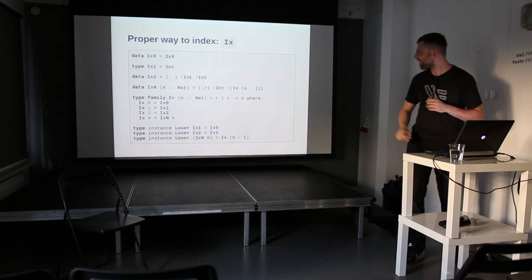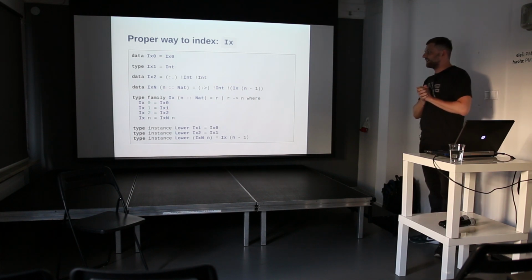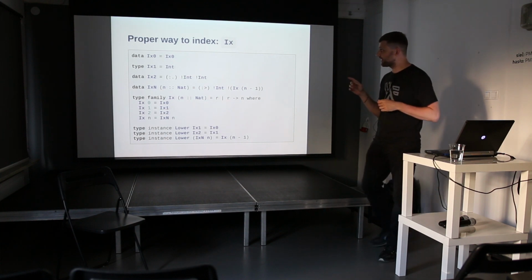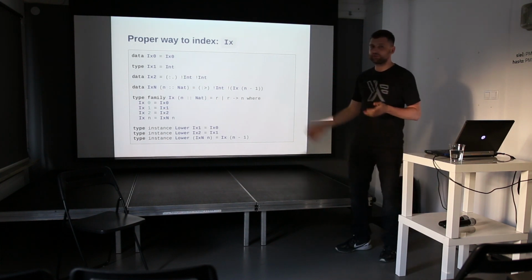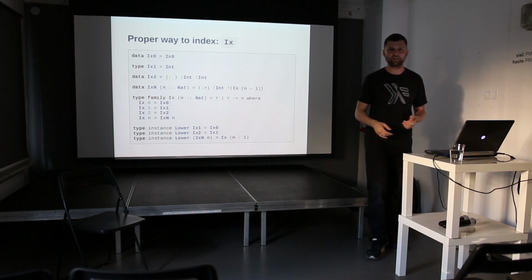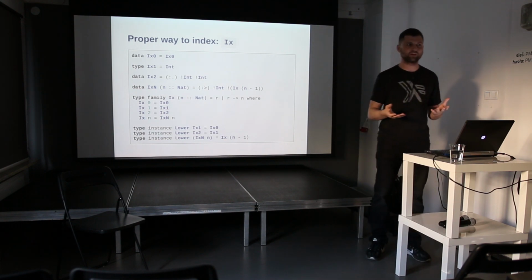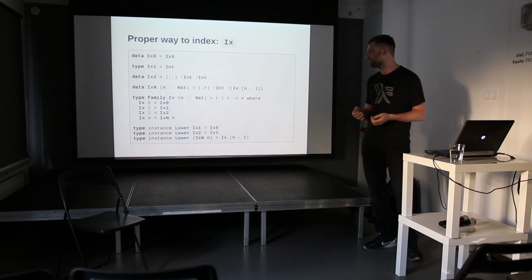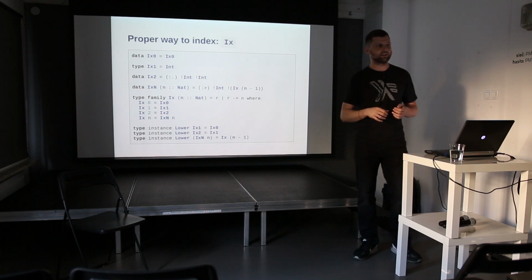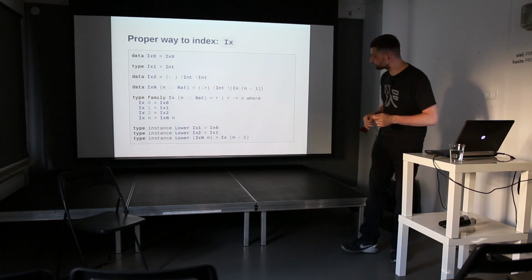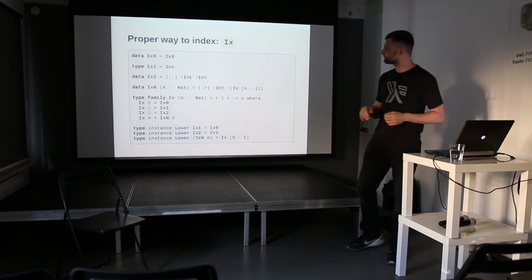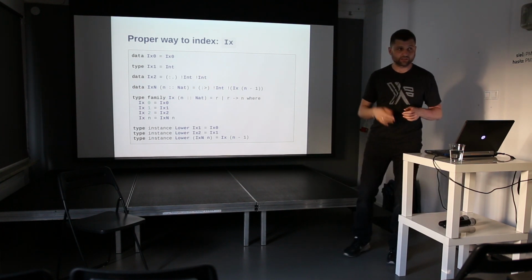It's not important. So what is an index, the proper way to index that we do in massiv? First one is the Ix0, it's a 0 dimension. For arrays, it's kind of useless. An array can be only empty or has one element, which is basically a scalar array. It's here purely for type inference, and it's not used directly. You can only sometimes see it in GHC compiler messages. There is an Ix1, which is an int,